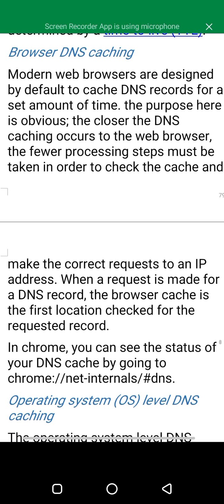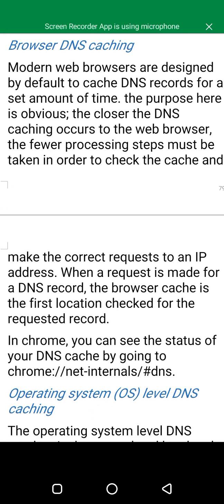Then we have browser DNS caching. Modern web browsers are designed by default to cache DNS records for a set amount of time. The purpose here is obvious.